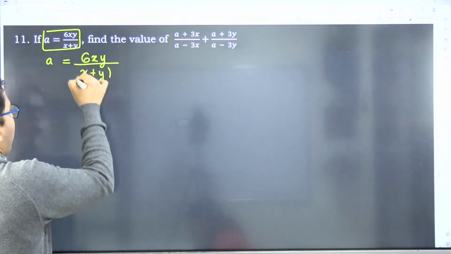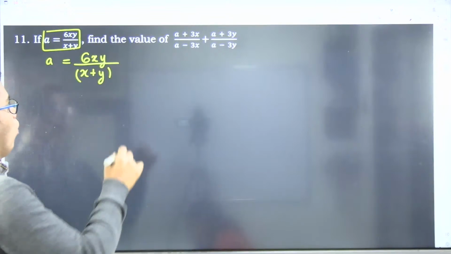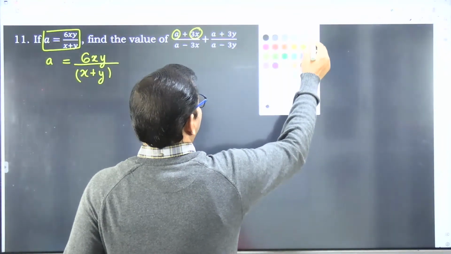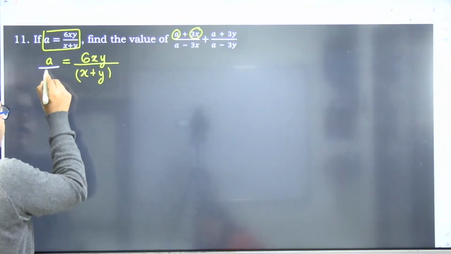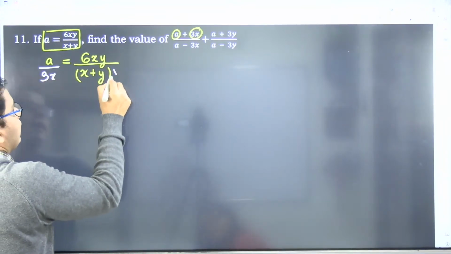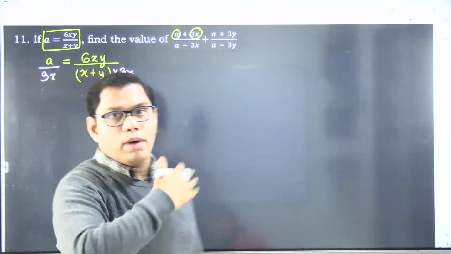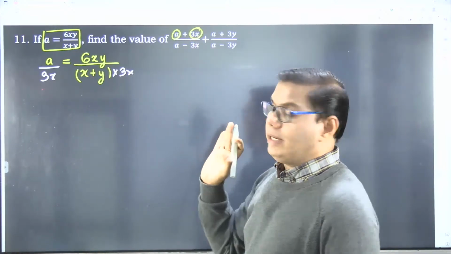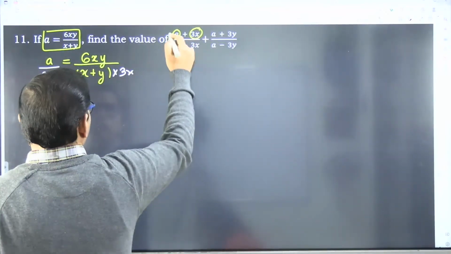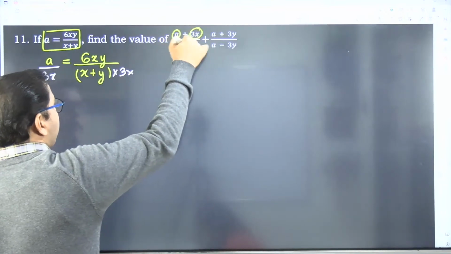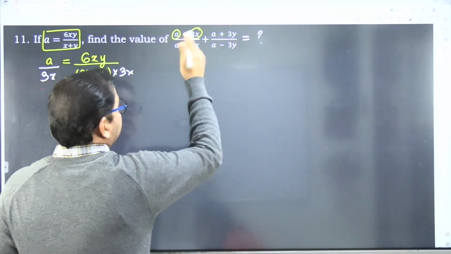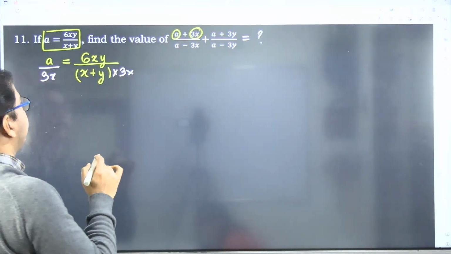x plus y, दो term है x plus y, so I am using a bracket. What is here, a plus 3x. Okay, what a plus 3x. So मैं क्या करता हूँ, what am I doing, ये 3x को देखकर I am dividing left hand side by 3x and right hand side as 3x. Okay, yeah, in fact multiplying denominator of left hand side and right hand side with 3x. Have you got this? मैं सब कुछ ये देखकर solve कर रहा हूँ. Okay, I am keeping a close look at what I have to find out. I have to find a value of this expression. Okay, तो इसको देख देख कर मैं solve कर रहा हूँ.